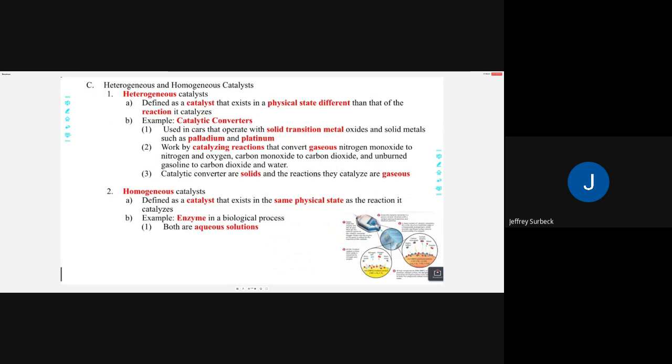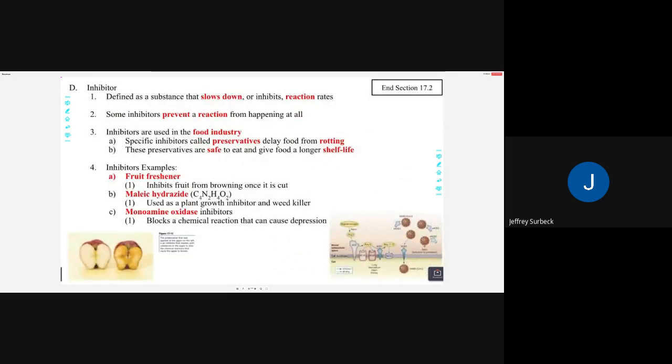Questions? All right, last thing here, an inhibitor is going to stop a reaction, okay? So food's a great example of why we use an inhibitor. Food will decay, right? We've all left something in the fridge too long and you see that rotting process start. So food companies have gotten really smart, especially with stuff like apples and oranges. You'll see at the store, it's really, really shiny. The reason it's really shiny is because they put a coat, which is a preservative, to inhibit the reaction from